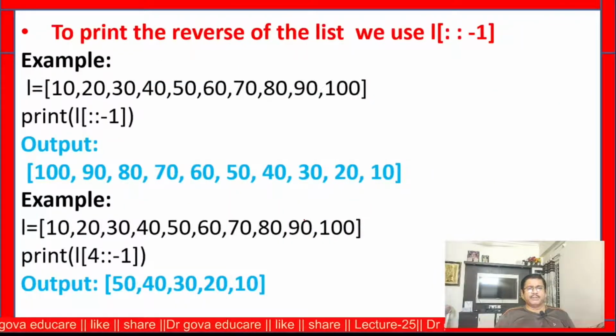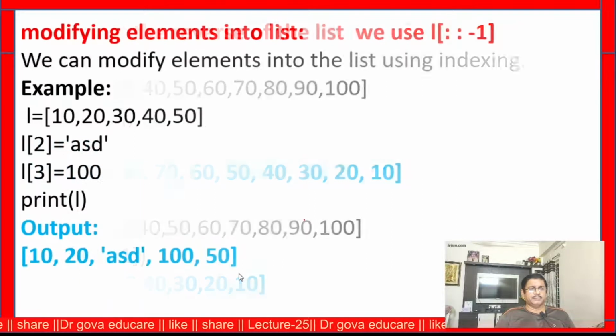Now to print the reverse of the list, we use colon -1. Similarly, print L of 4 colon -1, as I already explained: 0, 1, 2, 3, 4. From 50 onwards, 50, 40, 30, 20, 10 will be displayed on the screen.